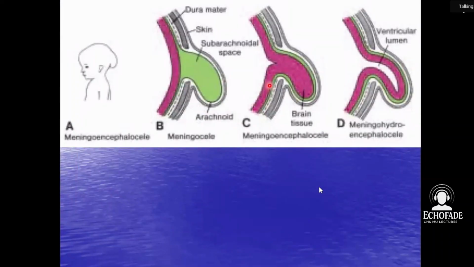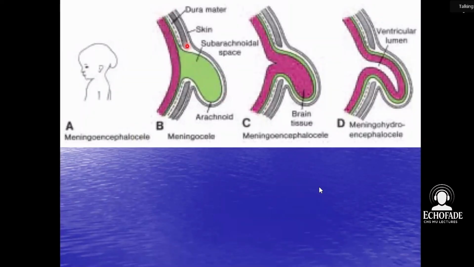Now here we talk about, you'll find some people with some protrusions, especially in the head region, and those protrusions can be having either fluid only, cerebrospinal fluid only, or cerebrospinal fluid and nerve tissue. So we talk about meningoencephalocele. Encephalocele, we're talking about brain area. So here we have meningocele, where we have only the meninges protruding into the part of the skull